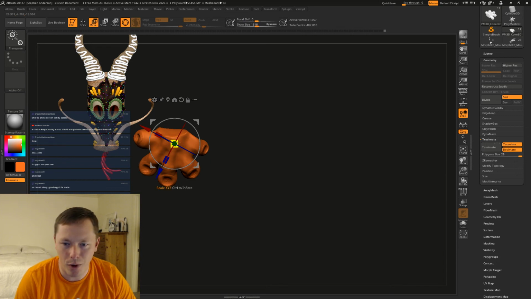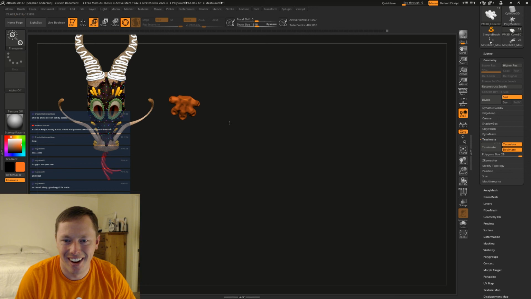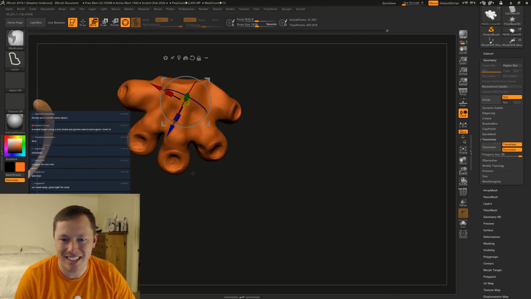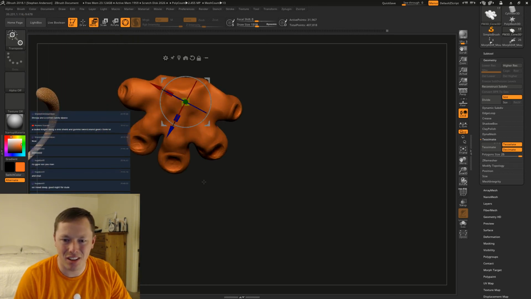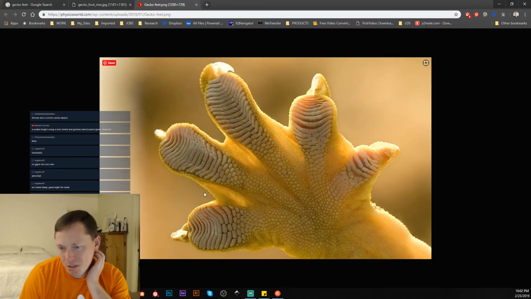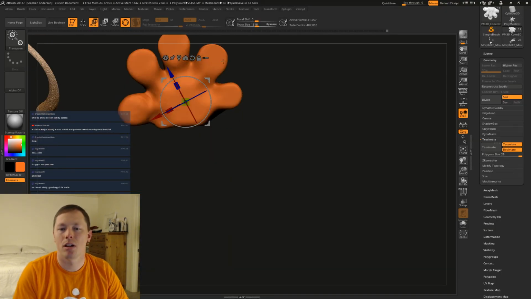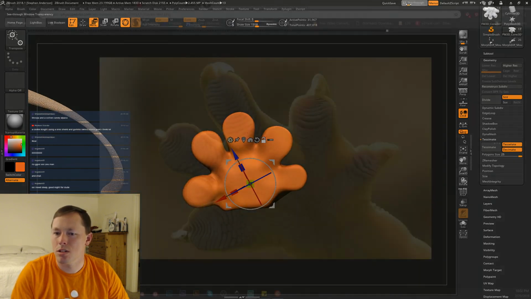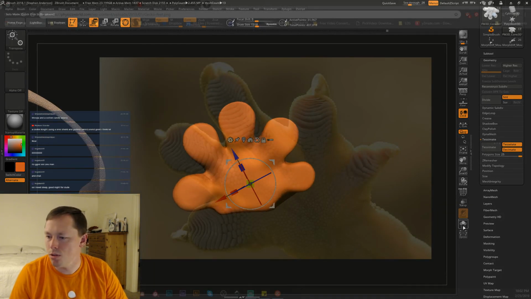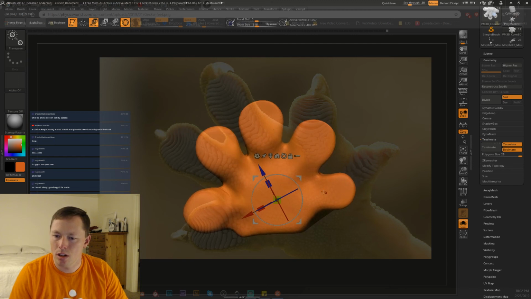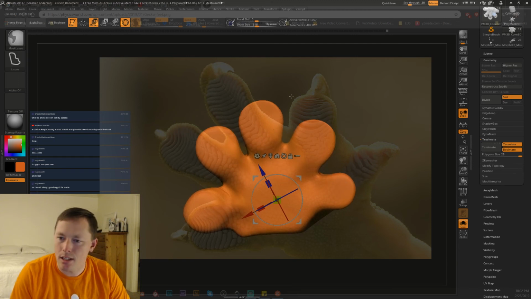It's definitely way big at the moment. You see, I think I want to make these fingers longer. I also want to think about, yeah, I mean, I'm making it too round. So let's go back to our see-through. Let's try this.